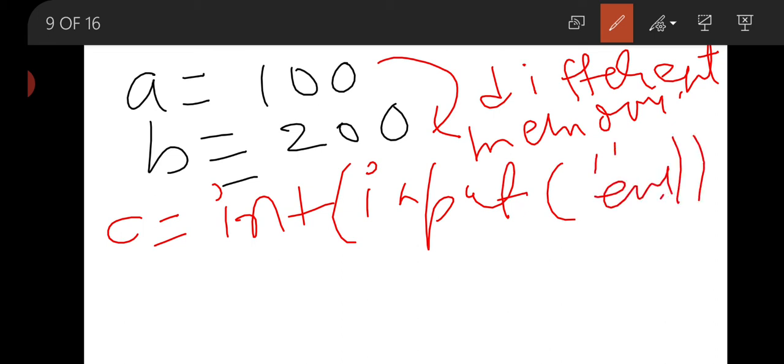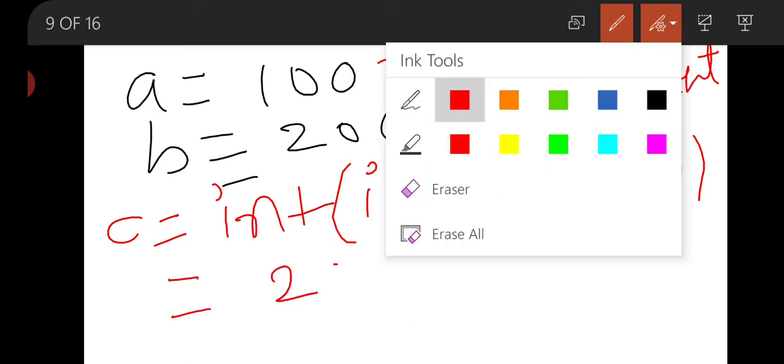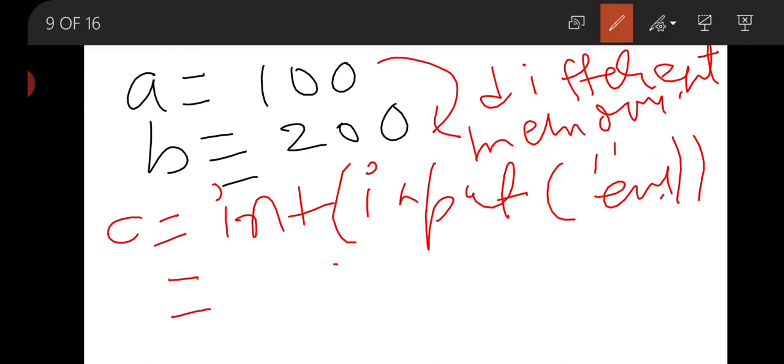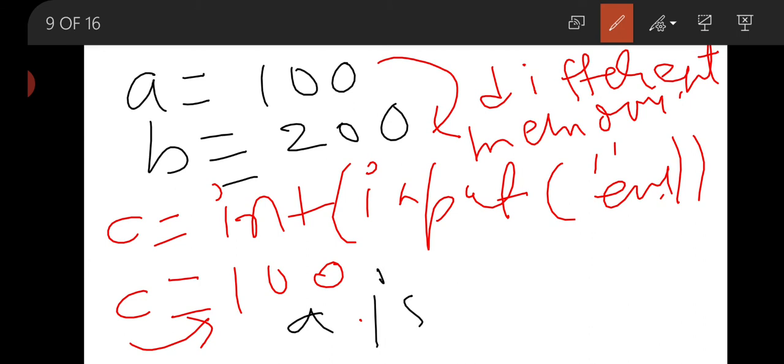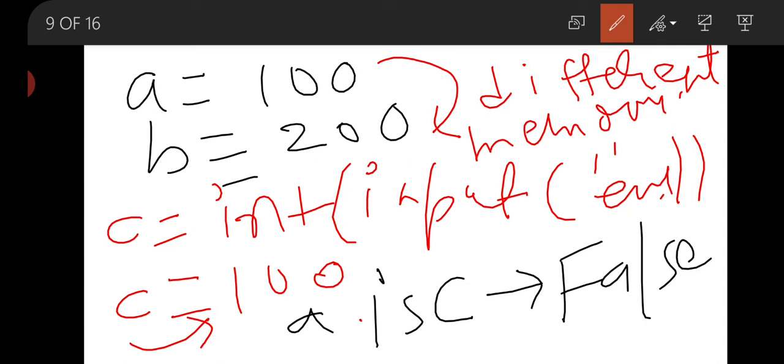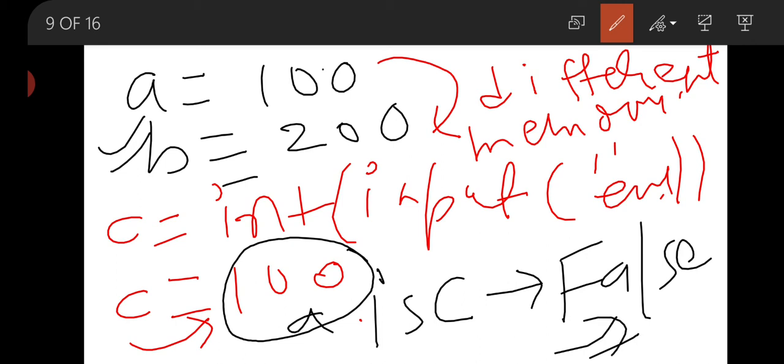Now if the user enters the value C equal to 100, now C will be 100. If we are going to find A is B, A is C, then this will return false. Why is it so? Because this 100, which was the user input, has a different memory location from this A. That's why it returns false, instead of the same value. In our practical session, we will see it with a practical example.